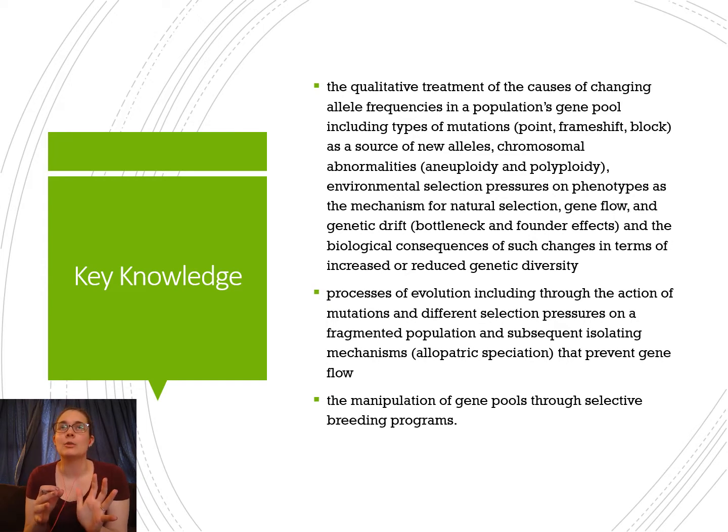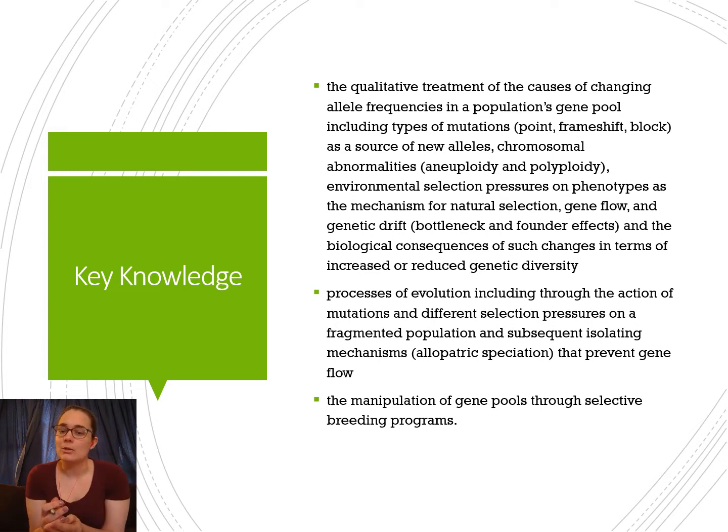We're going to be looking at how alleles change over time within a population. So we're going to be looking at a few specific mutation types: point, frame shift, and block. We're going to be looking at new alleles, chromosomal abnormalities, so when we have trisomy 21, for example, with Down syndrome. We're going to be talking about the bottleneck effect and the founder's effect, so how we look at the genetic drift or the change in whole mass genetics for populations